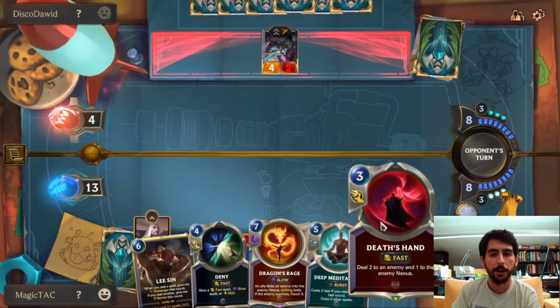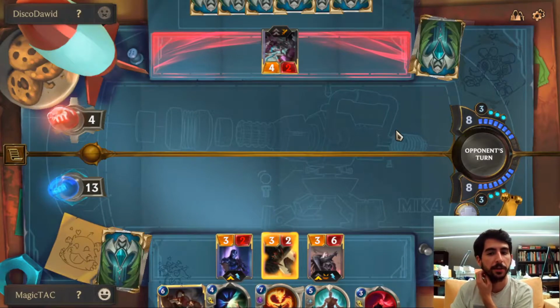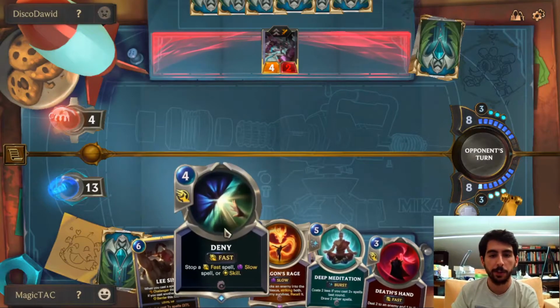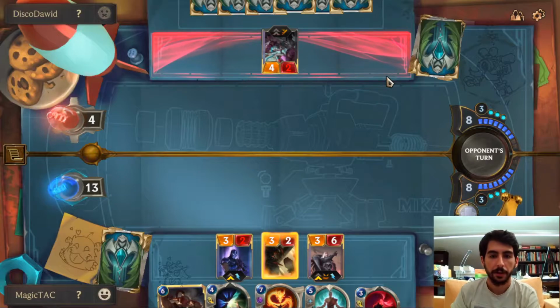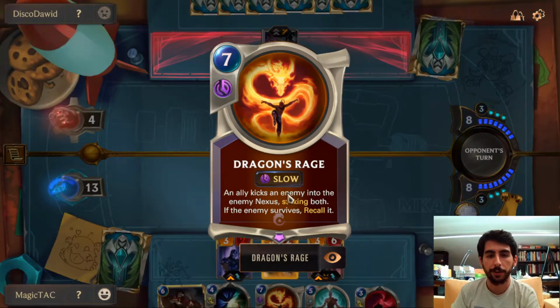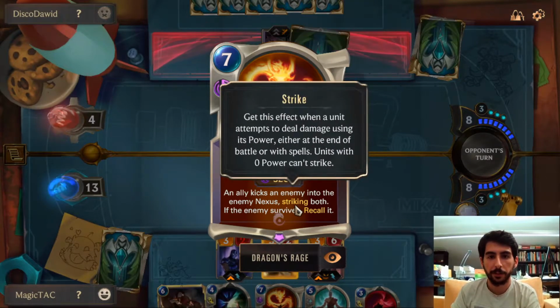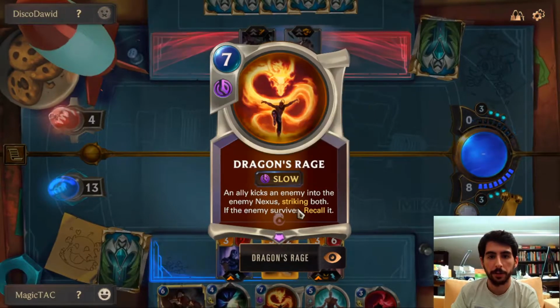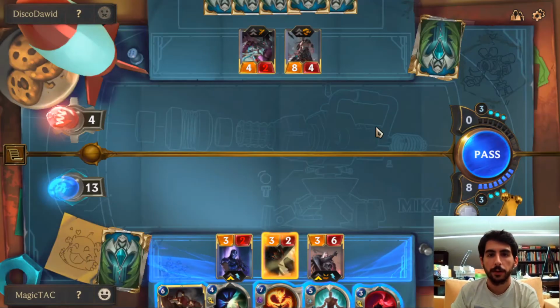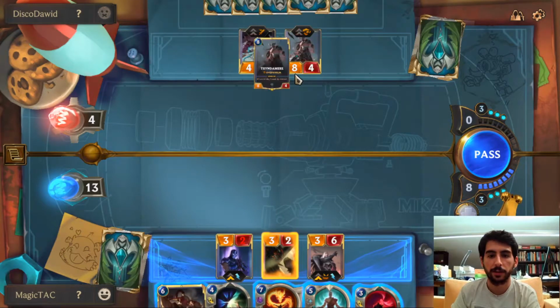Interesting play on my opponent's part. I can just Dragon Rage and win the game at this point then. And it still leaves me mana to deny something. Actually, wait, is that how that works? I forget exactly how this works, so... Striking both. Get this effect when a unit attempts to deal damage using its power either on the end... Okay. Oh, no, so okay, so if I use this, does that mean it kicks...